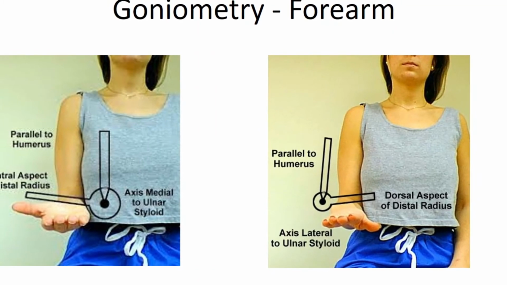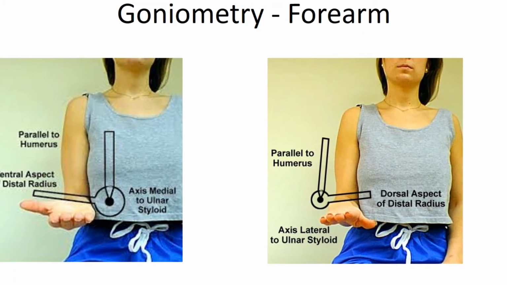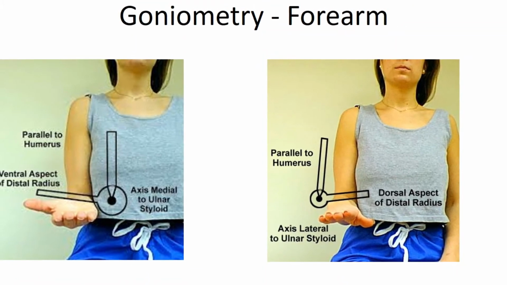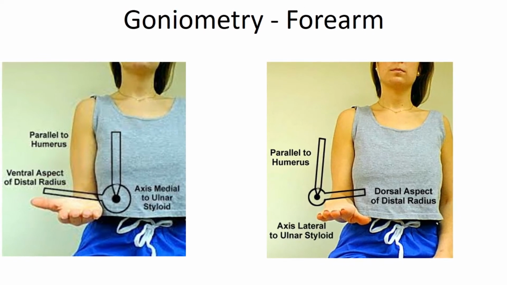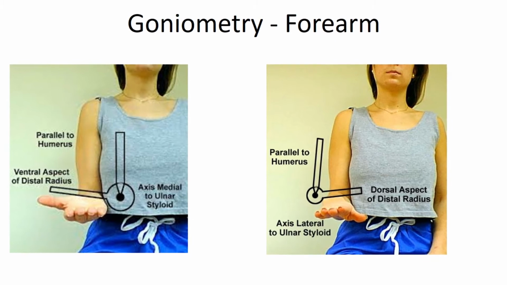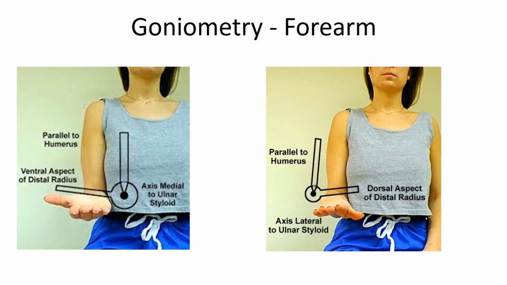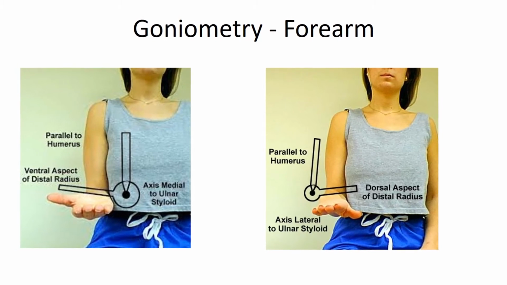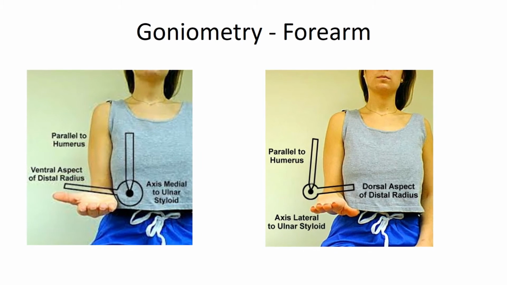Place the distal arm across the dorsal surface of the forearm, just proximal to the styloid process of the radius and ulna, where the forearm is most level and free of muscle bulk. The distal arm of the goniometer should be parallel to the styloid process of the radius and ulna.